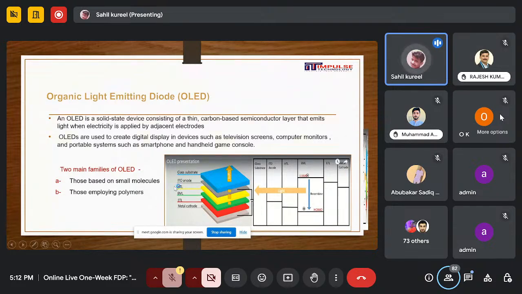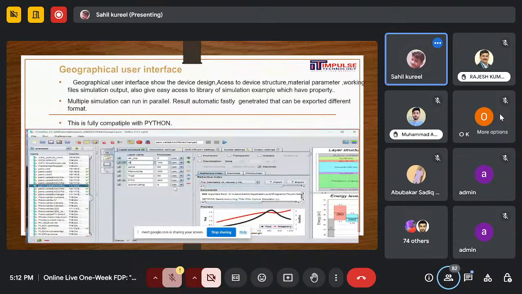There you apply all of the inputs. It is a graphical user interface of SETFOS, through which you can easily access the device structure, material parameters, working files, and simulation output. Multiple simulations can run in parallel, as I have already told. Results are automatically and quickly generated and can be exported in different file formats. It is fully compatible with Python. As in the example,